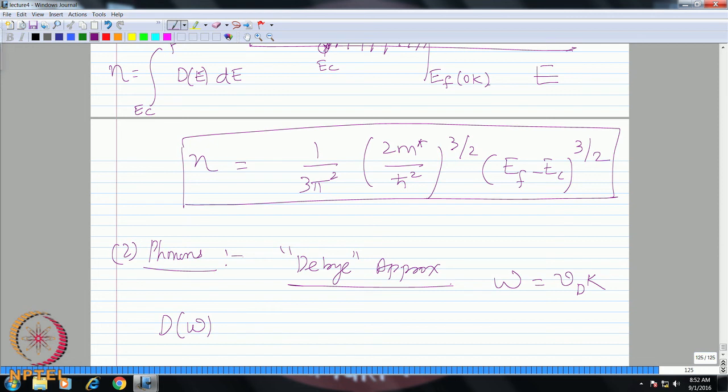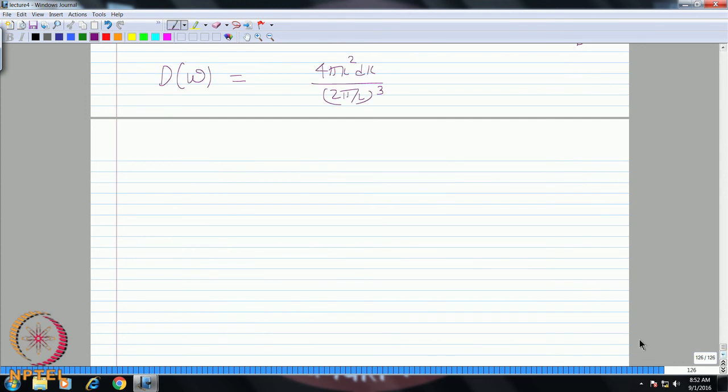Okay, we replace energy with frequency, and you have again 4 pi k square dk by 2 pi by L the whole cube. So, this is your number of quantum states. So, per unit volume will be divided by L cube, and per unit frequency band. So, you have d omega instead of dE,